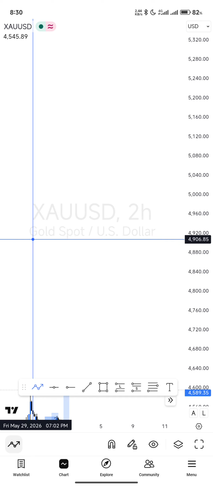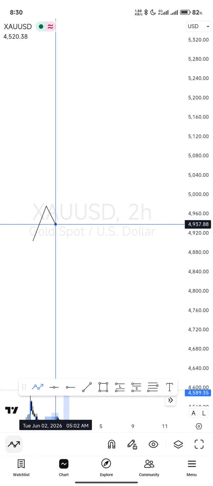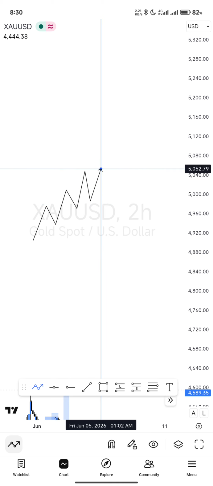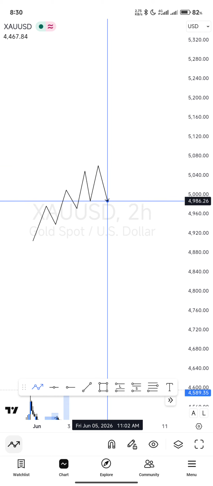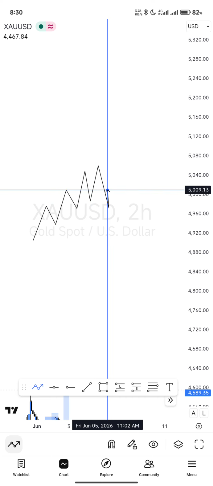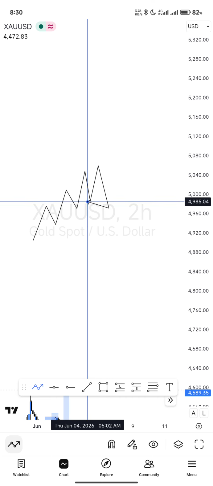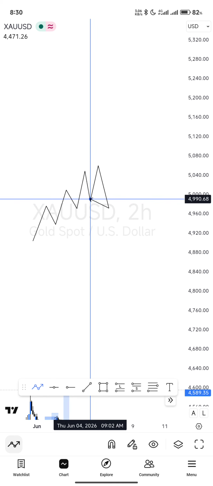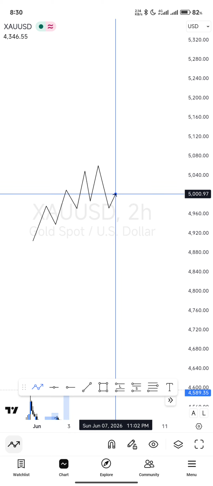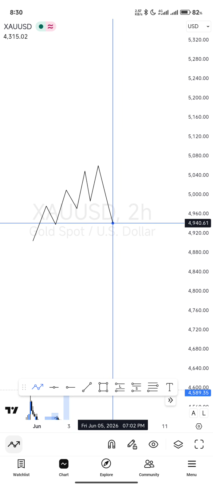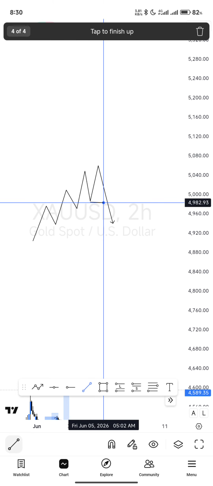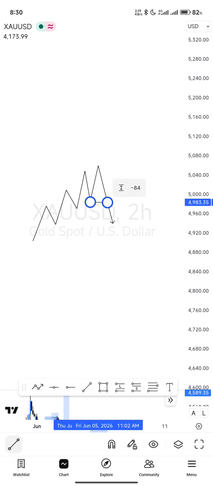Usually the market is in an uptrend like this. We have an uptrend, higher highs and higher lows. Usually what you would see is that the market will shift its structure by breaking this low. Normally we're supposed to see a higher low, but now we are seeing a lower low. This is what we call a change in character, or a market structure shift. Now, seeing this alone does not confirm to us that the market wants to go into a downtrend.